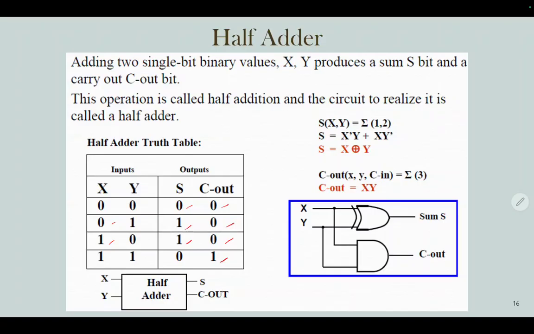A half adder can be represented by one XOR gate. This one is the XOR gate. S equals X bar Y plus X Y bar. So it just looks the same as A B bar plus A bar B. So you got sum. And carry out equals XY. So X times Y, you get C out. So this is the ANSI symbol for the half adder, and this one is the logic gate.